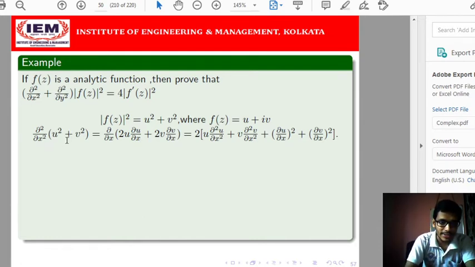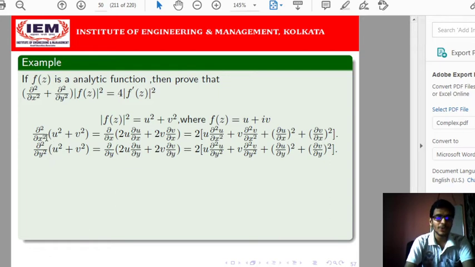If you differentiate u square, which is a function of x, with respect to x partially, first we differentiate u square with respect to u, that will be 2u. Then u is differentiated with respect to x partially, so 2u del u del x plus 2v del v del x. Again we need to differentiate this term with respect to x partially. This is a product of two functions, u and del u del x. If we fix u, then del x of del u del x will be del 2u del x2. Plus, for the second term, if I fix v and differentiate del v del x with respect to x, that will be del 2v del x2. Plus, if we fix this, that will be del u del x into del u del x, so del u del x whole square, and similarly del v del x whole square.